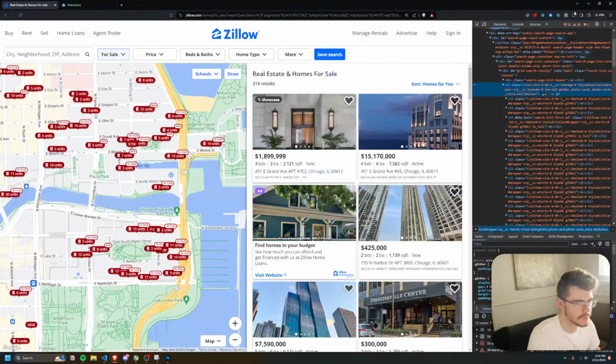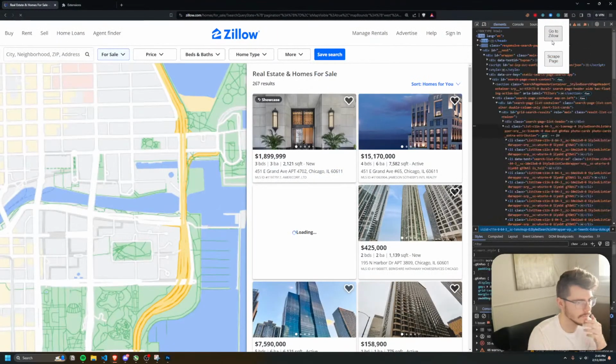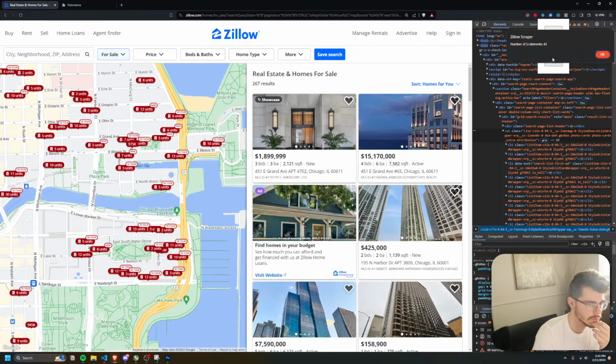Okay, so now if I go to it, it goes to the right page. If I scrape the page, look at that, number of LI elements equals 42. Okay, so now we'll say